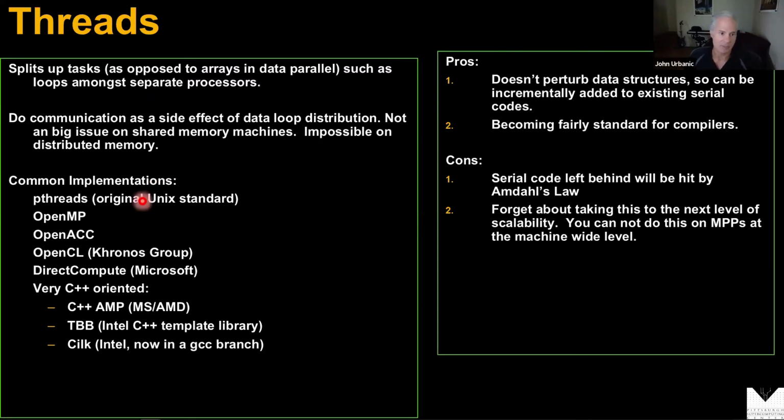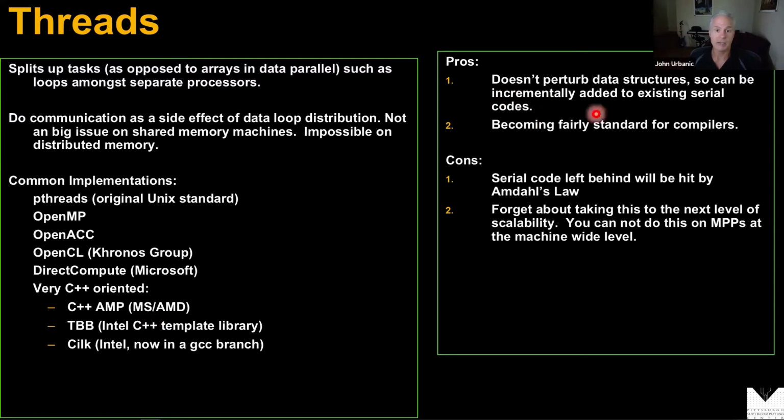There are many, many implementations of threaded languages. The original old school way is pthreads, which then in the 90s turned into OpenMP, thankfully. With GPUs, there's CUDA and OpenCL, which these days OpenACC is the much more advanced way to do that. People are always coming up with new ways. Intel comes up with one every other week. And so they've had Threading Building Blocks and Cilk and C++ over the years. And these days they're really pushing their DPC++ compiler and SYCL approach. We'll talk about that a little bit more in a second. But anyway, there are millions of approaches to doing threaded programming because it's a pretty easy kind of thing. Compilers are pretty good at working at that level.